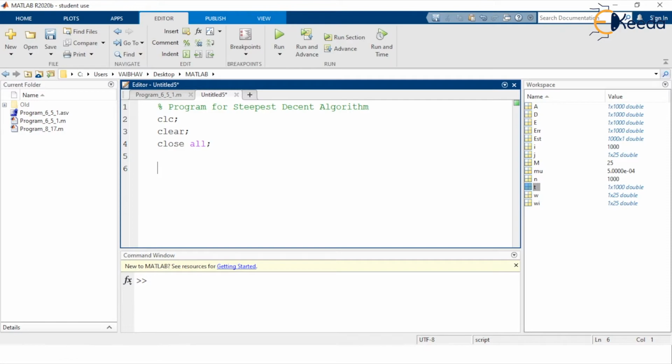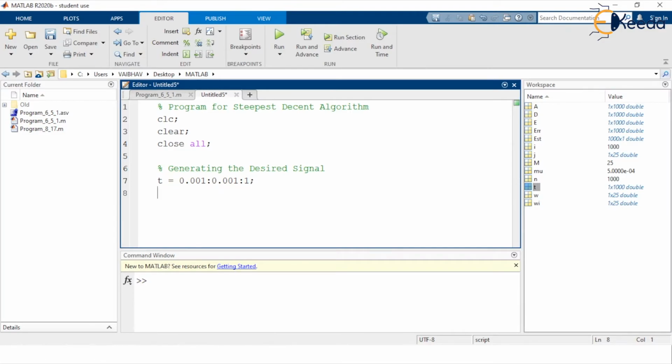So initially generating the desired signal. As we have done for the previous case, we are again defining the time variable that is starting at 0.0001 with the step size of 0.001, again having the maximum entry up to 1 here.